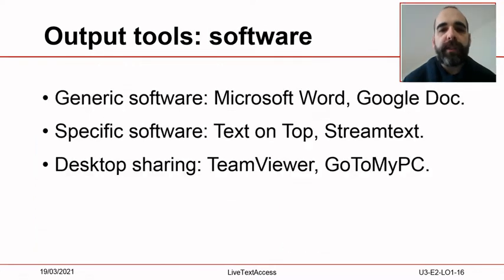The software programs used by real-time subtitlers can be divided into 3 groups. The first group includes generic software programs that were not developed specifically for real-time subtitling, such as Microsoft Word and Google Doc. Of course, it is impossible to create subtitles with these software programs, as they do not offer specific features needed for the job, but they can be useful if you only need to share a document with the user, for example in settings such as education or the workplace. Most people know how to use such software and they are almost always available.